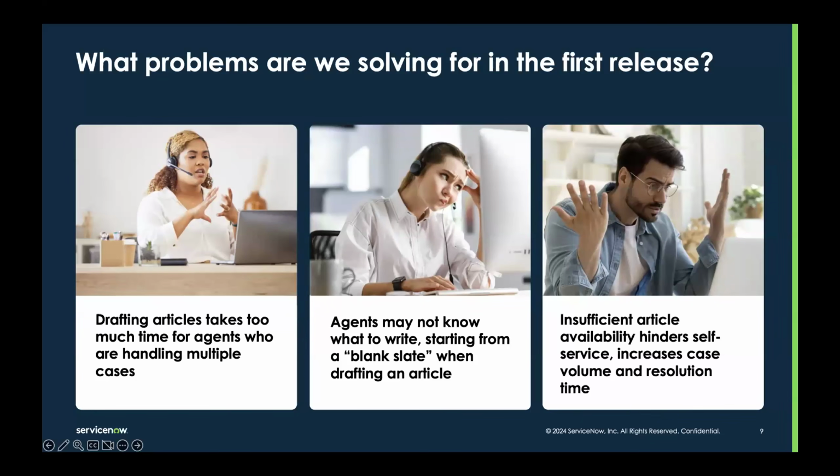Let's get started here. I want to talk about what problems and issues we were targeting for the first release. We are releasing version 1 of Now Assist in Knowledge Management in May. Right now we are slated for the May store release.